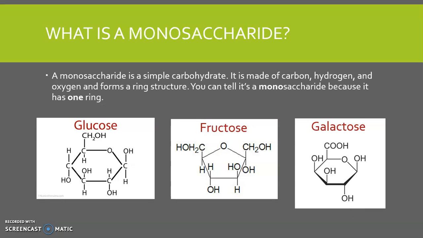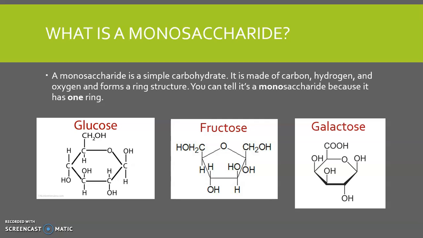So these are monosaccharides. Monosaccharides are a simple carbohydrate. They are made of carbon, hydrogen, and oxygen, just like all carbohydrates are, and they form a ring structure. Now, you can tell it's a monosaccharide, so the prefix mono means one, and it's a monosaccharide because it has